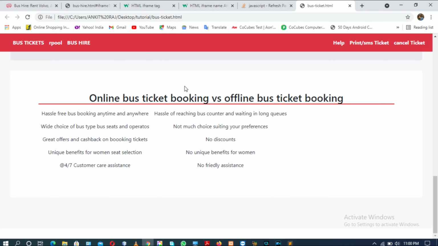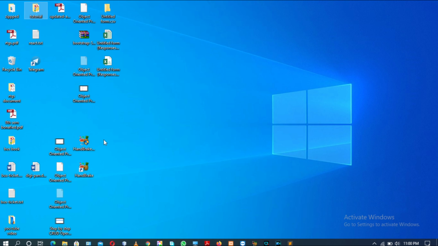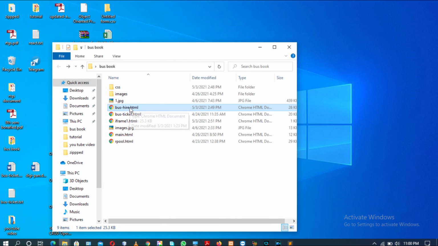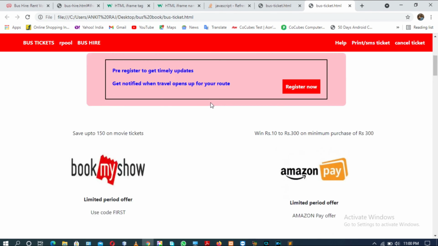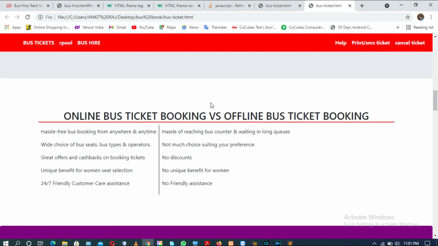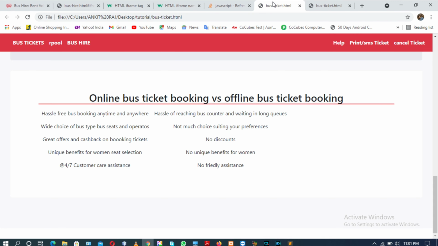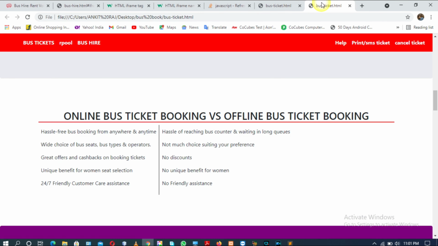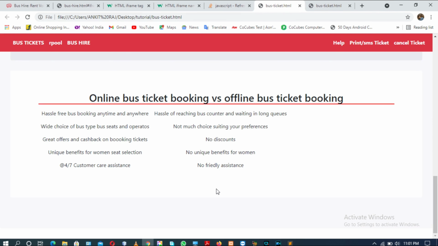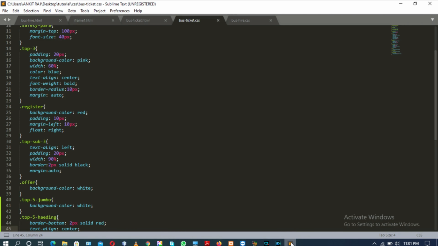Let me first open my sample document to show you the real page. There is something missing here in our project, and that is these vertical borders or vertical divider.